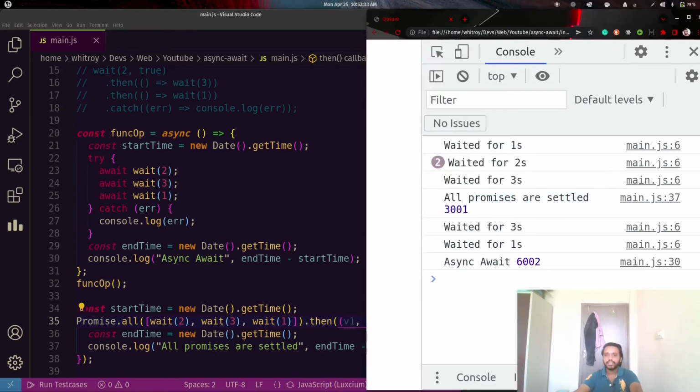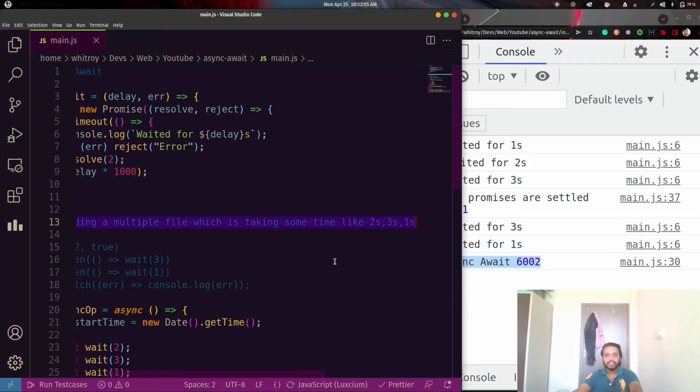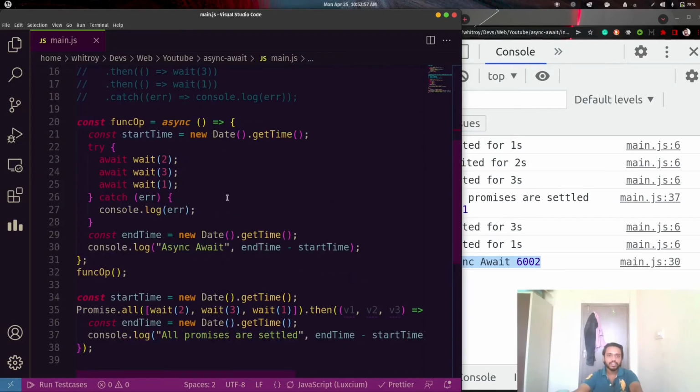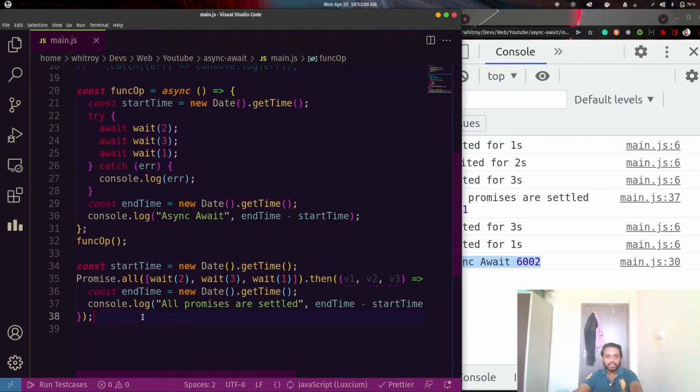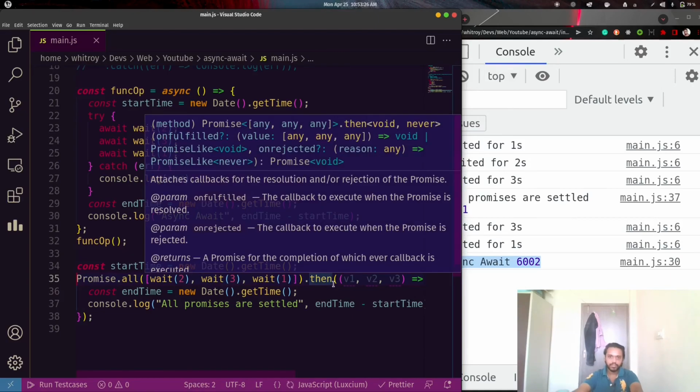So you can see that in this case promises are most appropriate because they take less time to execute, and async await takes more time. So during parallel processing we can use promises rather than simple async await. Also we can convert this into async await by having this in a function and marking an await here inside the function. You can also do parallel processing using a combination of both promises and async await.